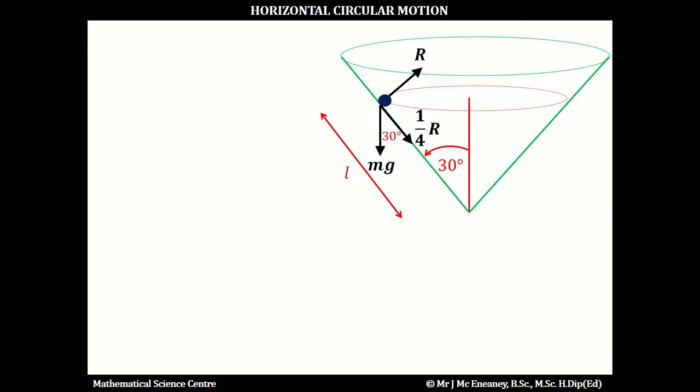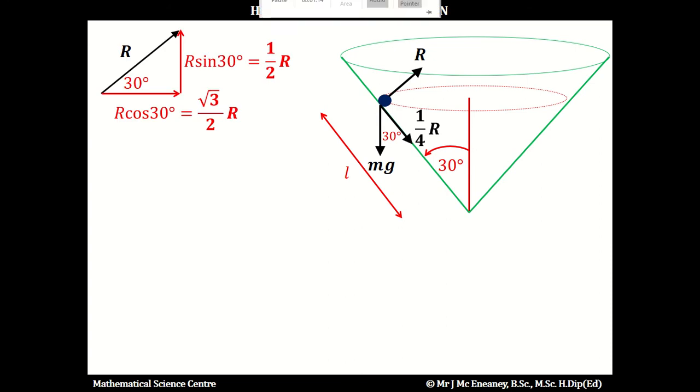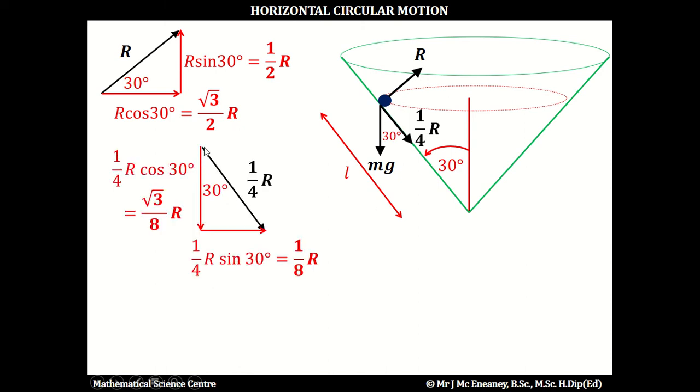Next of all then we have to resolve the friction and the normal reaction into horizontal and vertical components. So if we split up R into horizontal and vertical components, this angle is 30 degrees, the horizontal component is R cos 30, which is √3/2 times R, and the vertical is R sin 30, which is 1/2 R. If we resolve the friction, the 1/4 R, into horizontal and vertical components, the vertical component is going to be 1/4 R cos 30, and the horizontal component is 1/4 R sin 30,